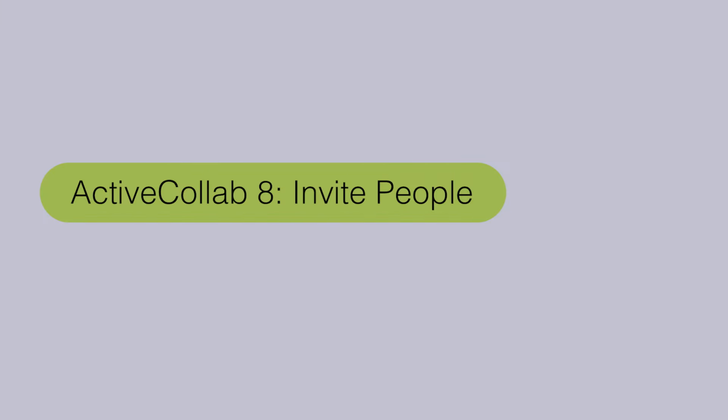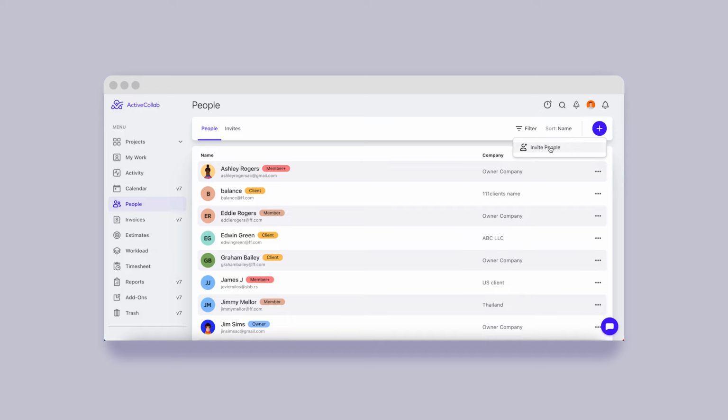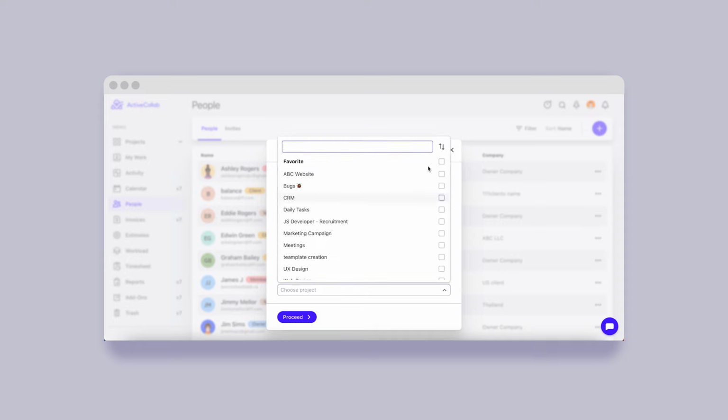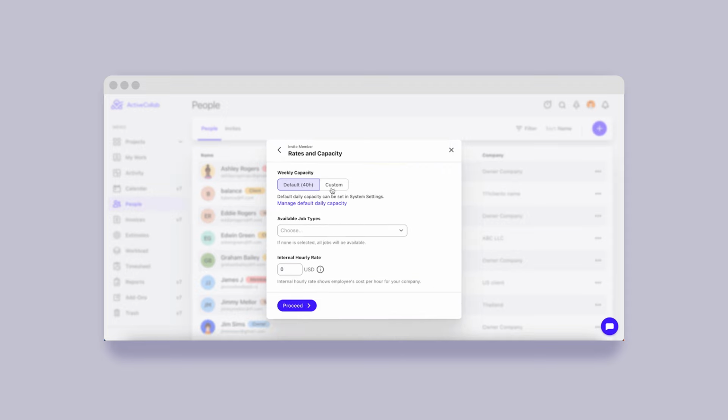ActiveCollab 8, Invite People. We've introduced new options to the process of inviting people to your ActiveCollab account. You'll be able to choose right away the role you'd like to assign this person and give them the necessary permissions. Once you've selected their title and the projects you'd like them to participate in, you'll also be able to